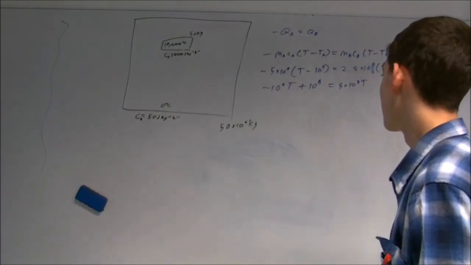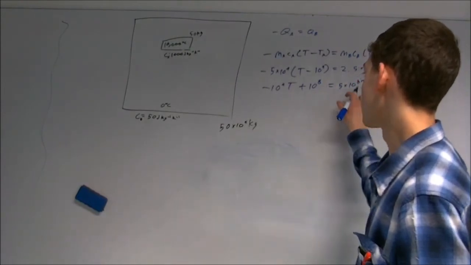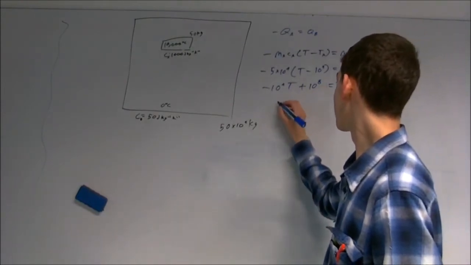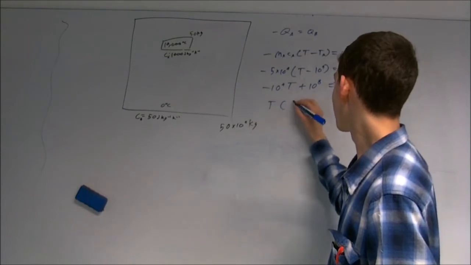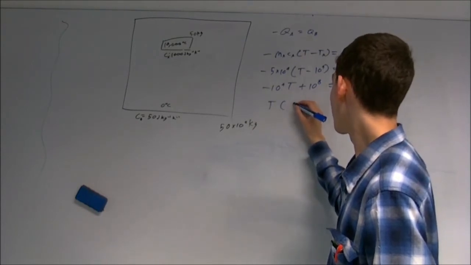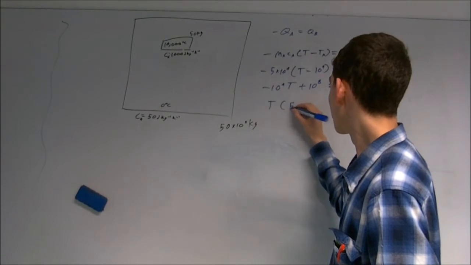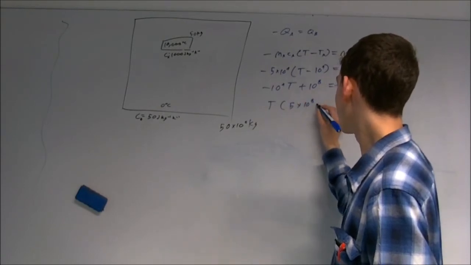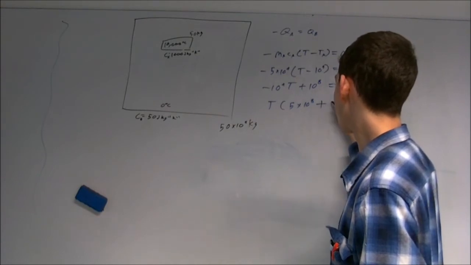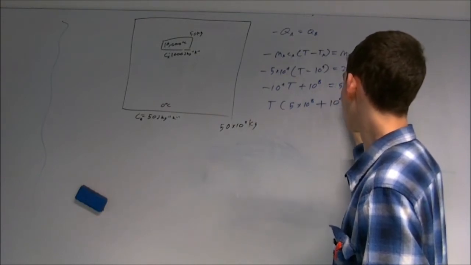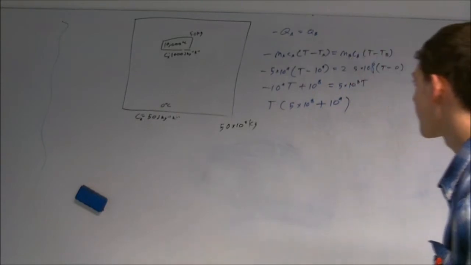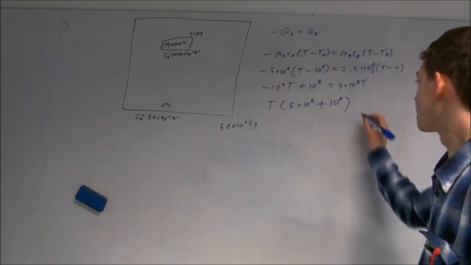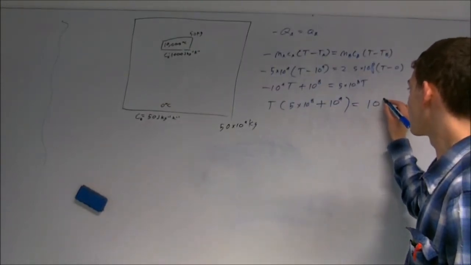So, yeah. So now let's group the T's. So that's T of 5 times 10 to the 8 plus 10 to the 4 equals 10 to the 8,